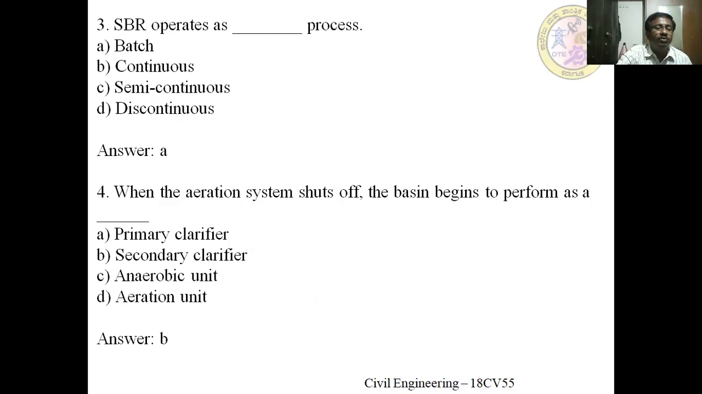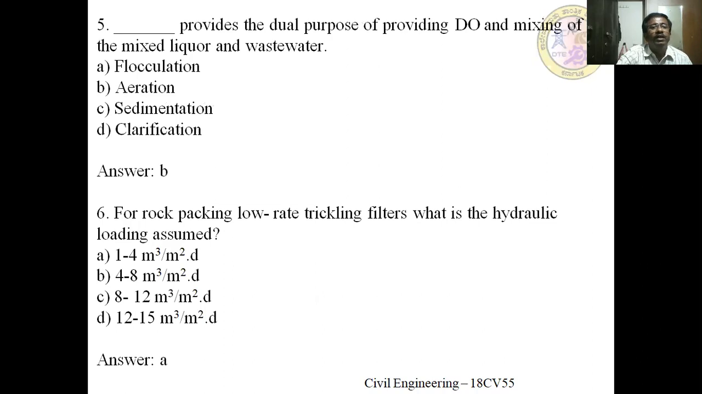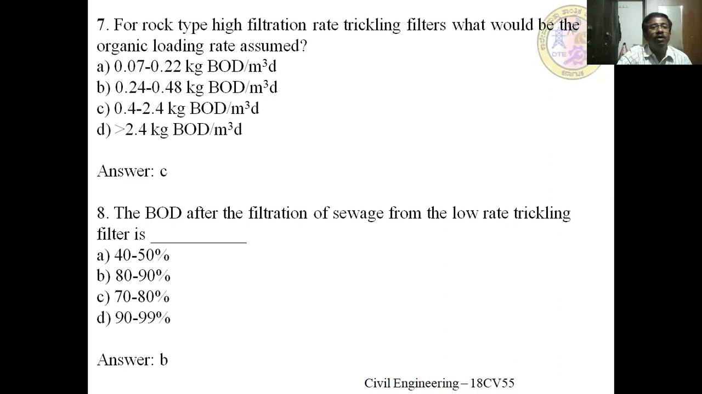It is a batch process. When the aeration system is shut off, the basin begins to perform as a secondary clarifier. Dash provides a dual purpose of providing DO and mixing of mixed liquor and wastewater. What hydraulic loading is assumed for aeration for a rock packed low rate trickling filter? It is 1 to 4 meter cube per meter square per day. For a rock type high rate trickling filter, what would be the organic loading rate assumed? It is 0.22 to 2.4 kg of BOD per meter